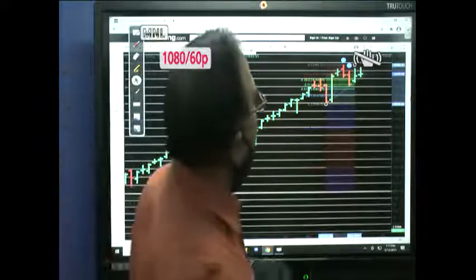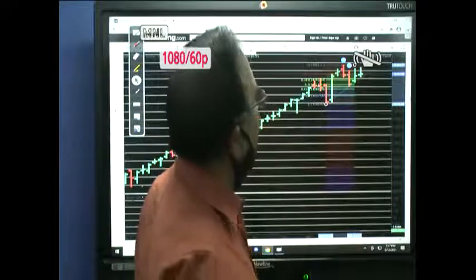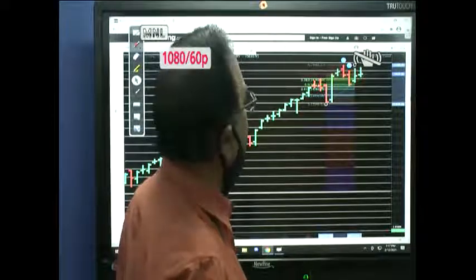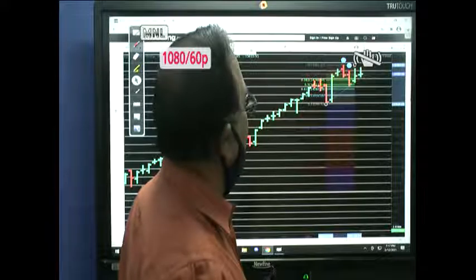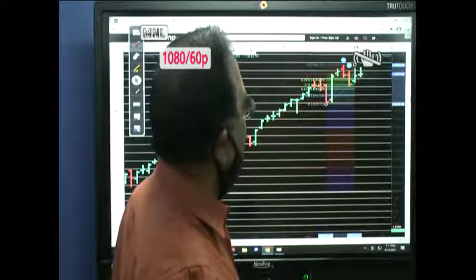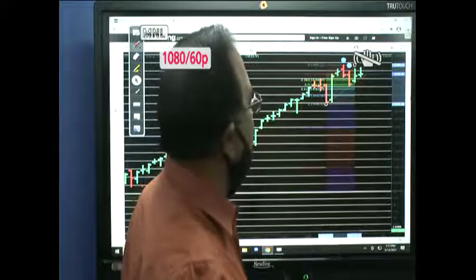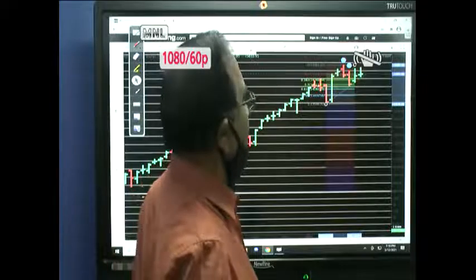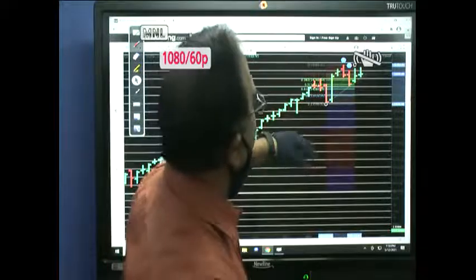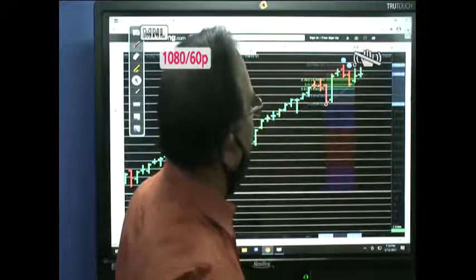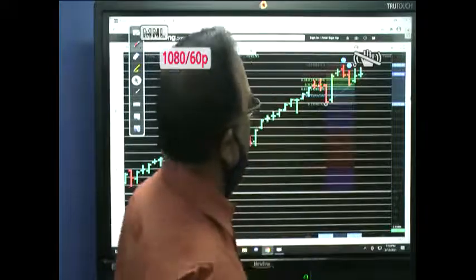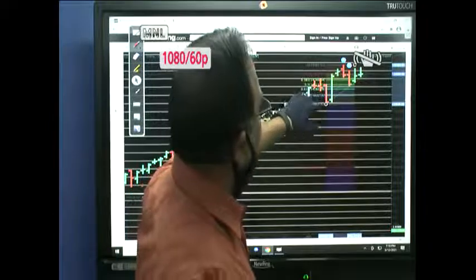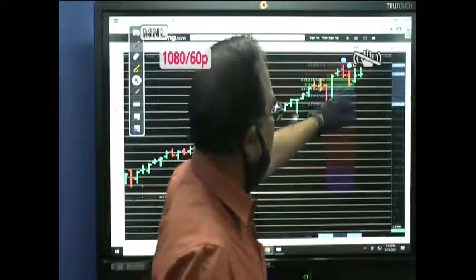So this time 14,511 was the important 50% retracement level. So it came very close to that, 15,460, 470, and 0.618 was 14,282, which we saw is probably another important level. So right now, if there is a fall, I think we could still expect some sort of support to come first at 14,740. Right now the trend line is there. So even if there is a fall, I think we should be getting it closer to 14,740, 14,500, 14,450,